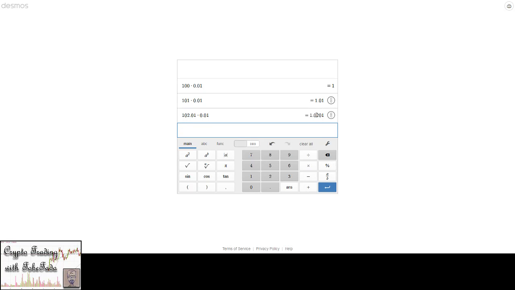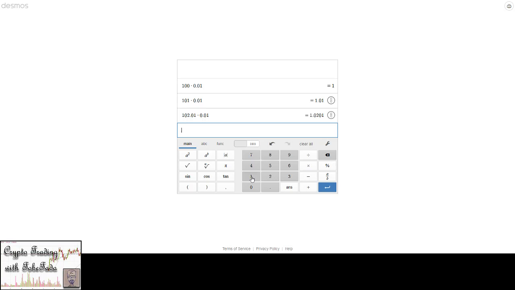$1.02. So basically that's the idea. And so you'd add that to the 102.01 and multiply that by 1%, and so on and so on. And you can see that we did this basically 3 times here. And we can get the same result